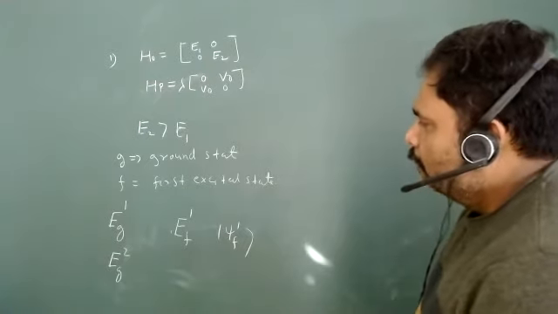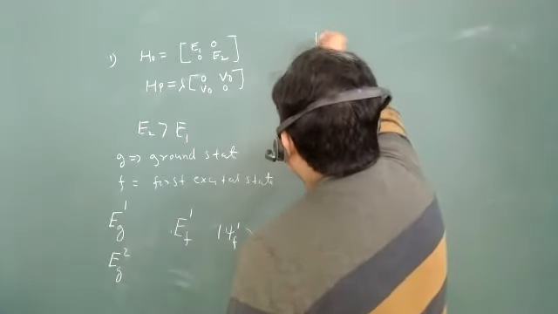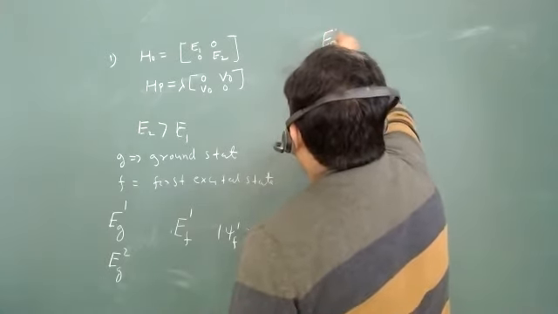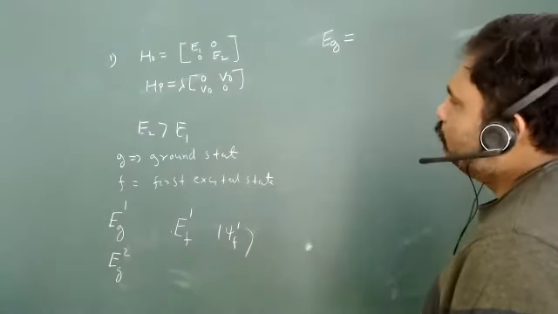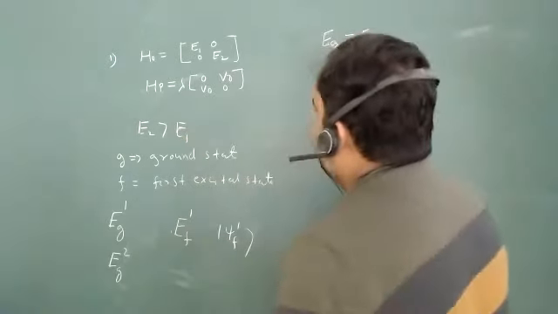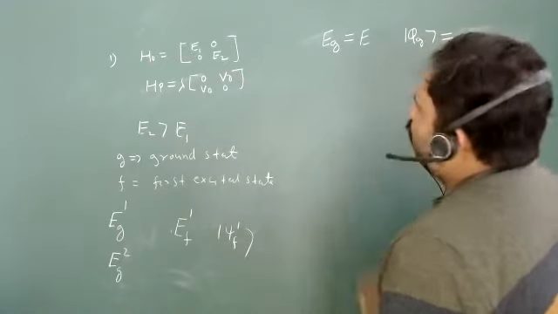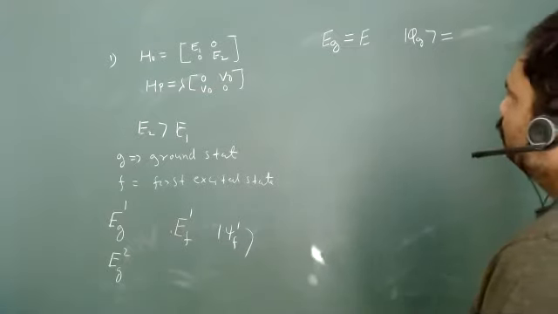Okay, so what will be your ground state? So what will be your ground state energy? What will be your EG? What is your ground state energy? E1. E1 is your ground state energy. Okay, because it is given E1 is less than E2. So what will be your phi G? Just tell me, what is your phi G? बताइए.